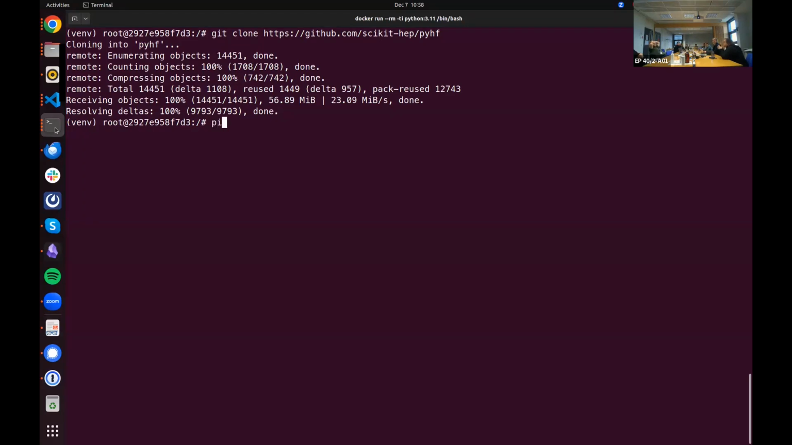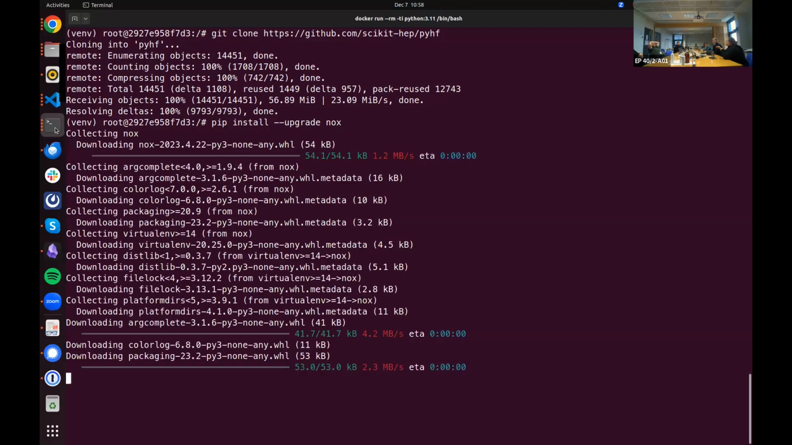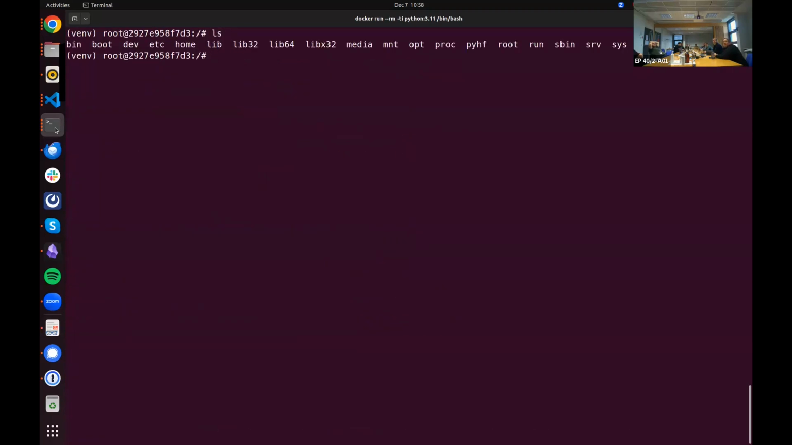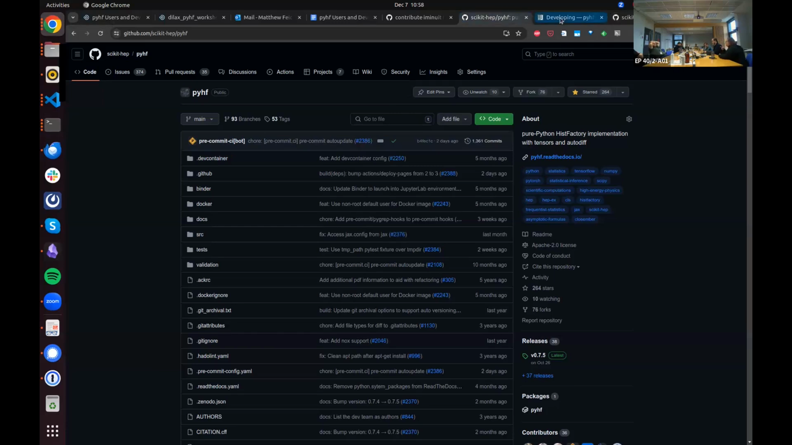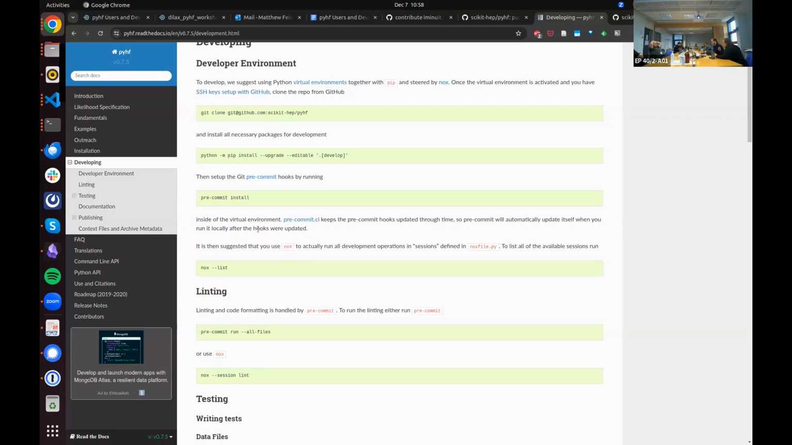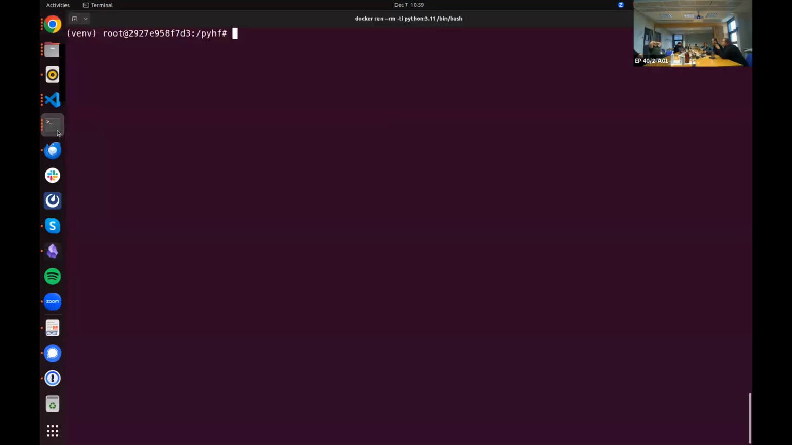Then I'm also going to do pip install nox, because Nox is going to be the task runner that will take care of everything for us. Okay, so now I'm going to cd into the pyhf directory. And if we go back to the developing instructions, it's down here: it says that we could use Nox to do these development sessions instead. And indeed, if we